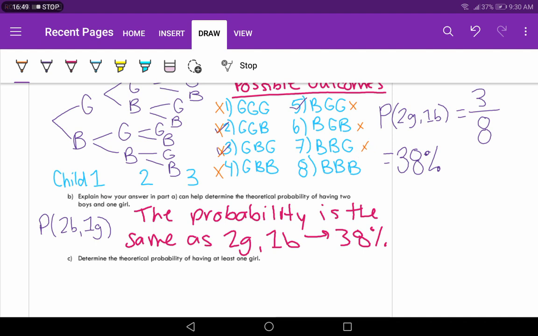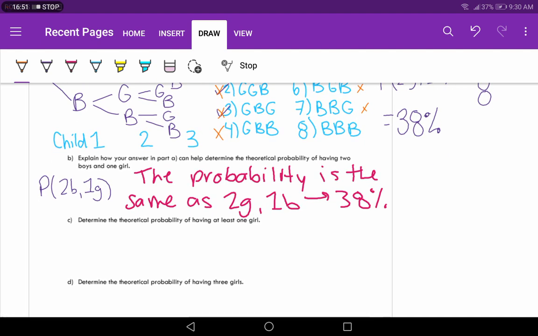Okay, so we can see that there's only one situation where this isn't going to be possible, right? So the probability of at least 1 girl is 7 out of 8. In 7 out of 8 of those situations, you are getting at least 1 girl, which is an 88% chance that you theoretically would have